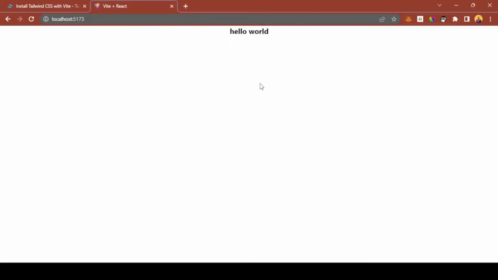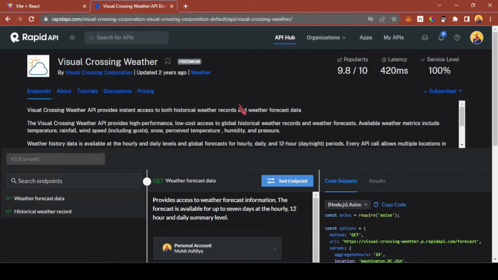So now let's just define our application. Okay, so our code is working perfectly. Now let's just make the weather application. Okay, before jumping into the code, I want to say that I will be using this Visual Crossing Weather API from the Rapid API. I find this API good because there are 500 requests per day, which is the highest among all of its alternatives, and also it is free for the 500 requests per day. If I check the pricing here,